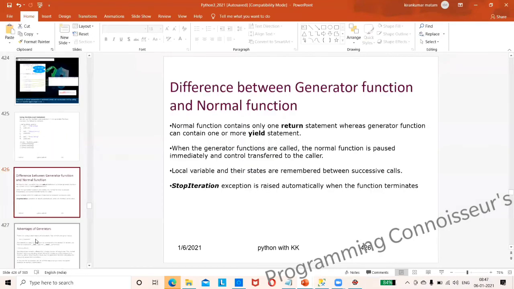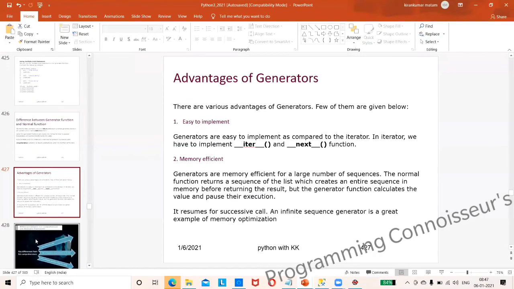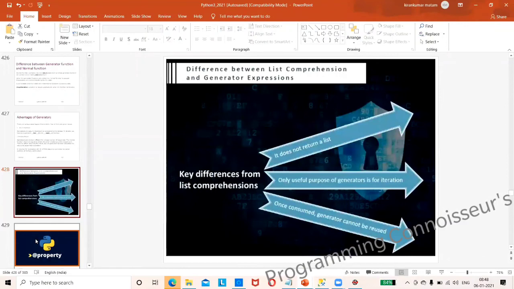We discussed the advantages of generators. Key differences from list comprehension: a generator expression doesn't return a list, whereas list comprehension will return a list. The only useful purpose of a generator is for iteration.